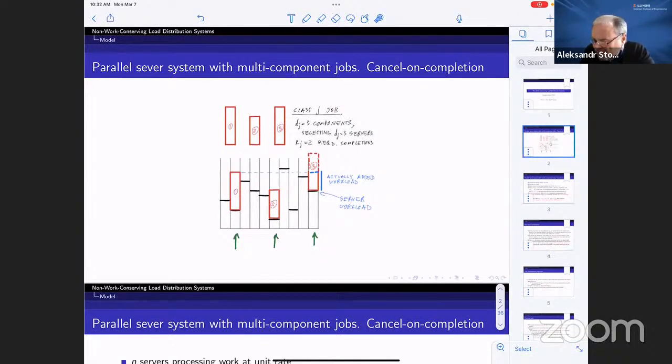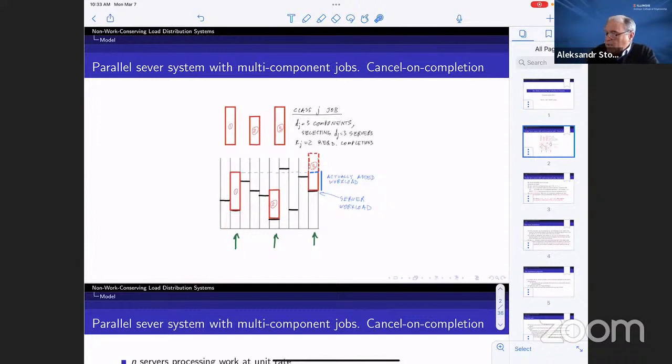Okay, so let's look specifically at this system. This is a system with a large number of servers, and these things represent servers, and these bars represent the amount of workload the server has currently. Workload is the unfinished work of the server. If you let it work, this is the time required to drain the entire work.